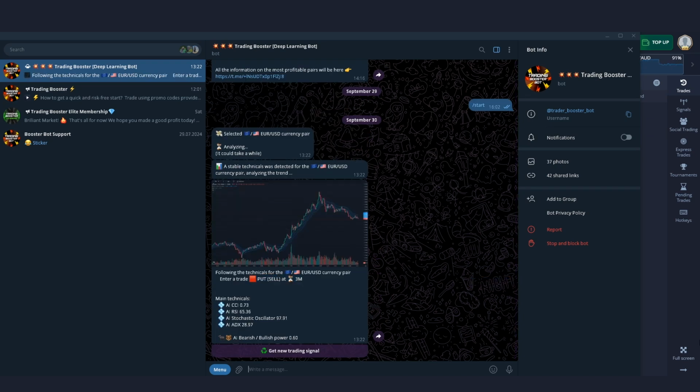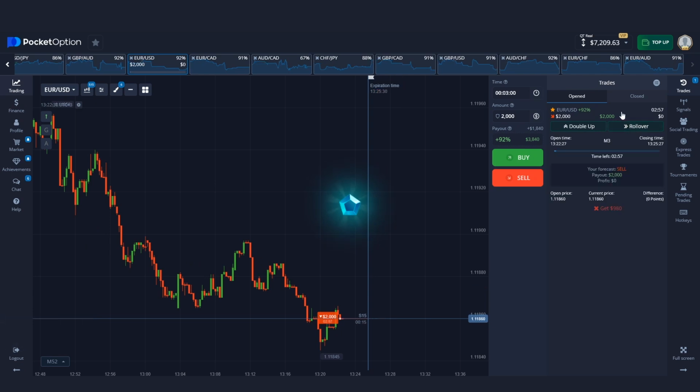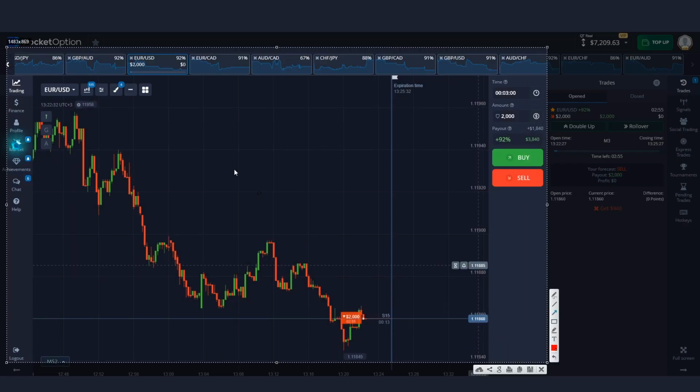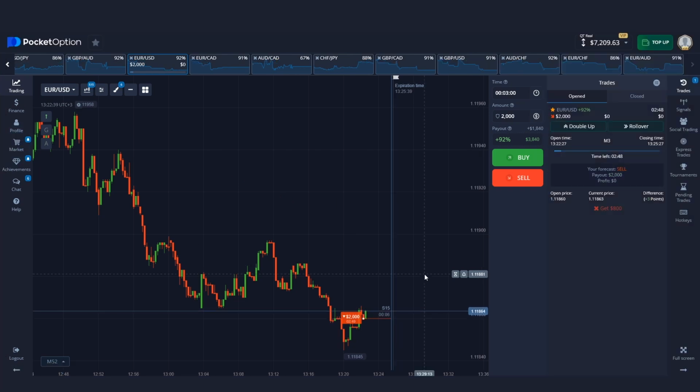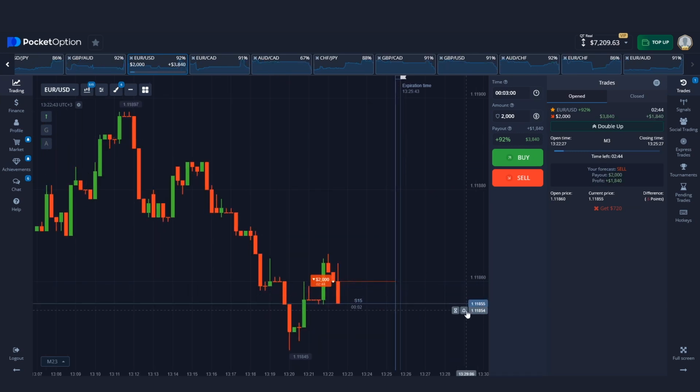I get a sell signal. I immediately open my sell trade for 3 minutes and let's watch this trade. There is a good downward movement here, which means that the trade is open on the trend and is already safe. If the booster bot gives you a signal in the direction of the main movement, you can be confident